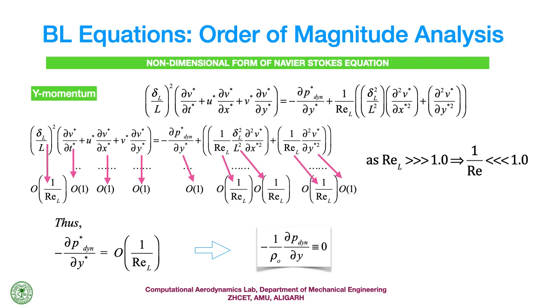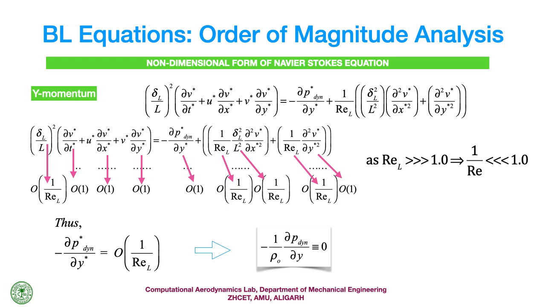So if I take the pressure gradient on the left hand side and put all of the terms on the right hand side, the terms on the right hand side are either of the order of 1 over Re_L or below that. So therefore I can safely say that